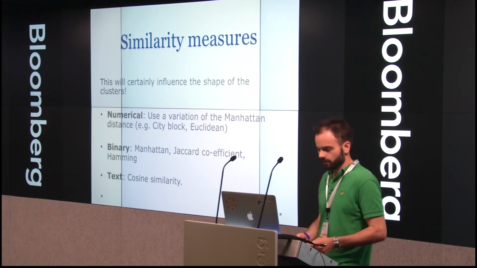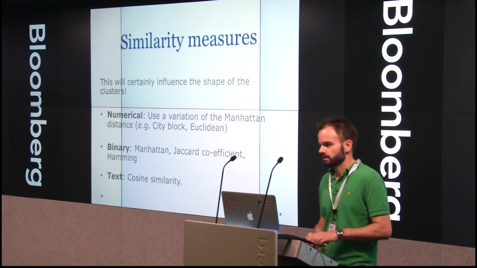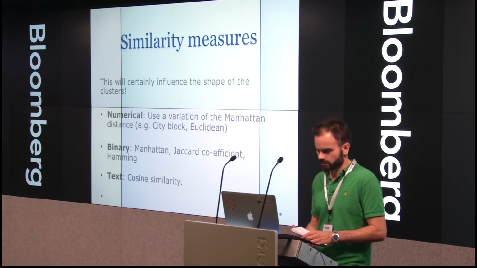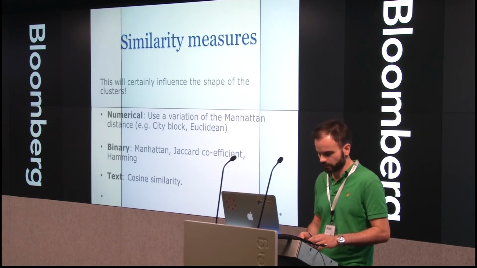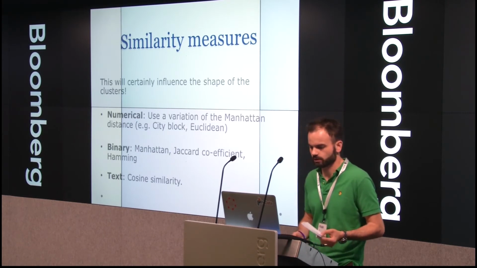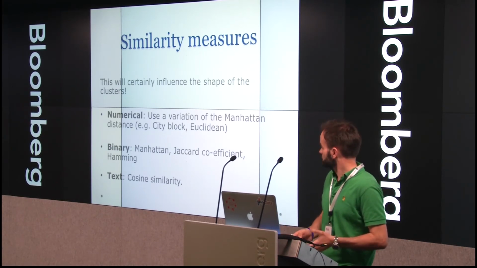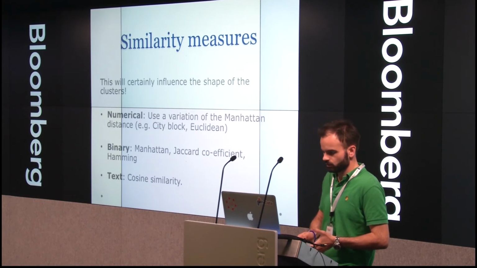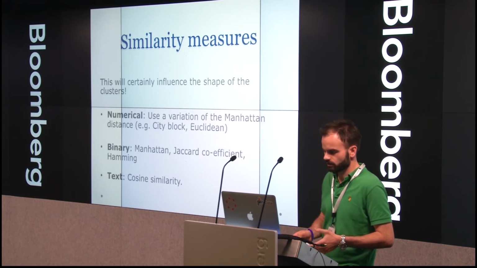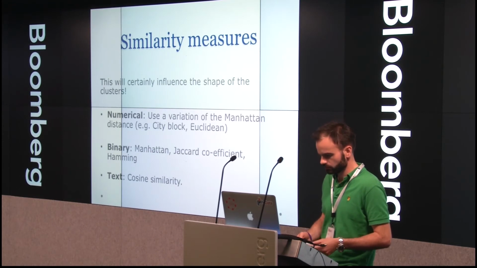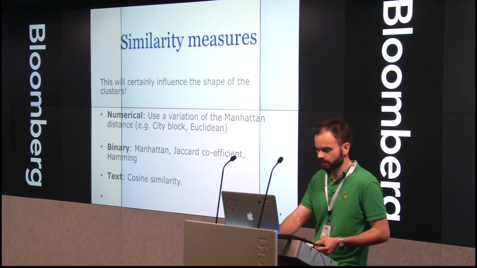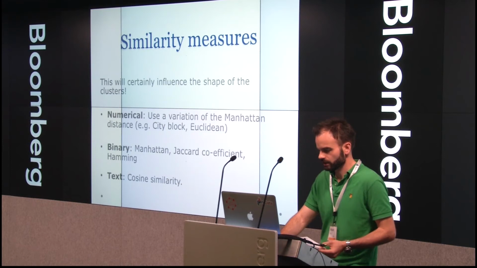So again, looking at your data set, you need to match a similarity measure to your task in hand. So if your data is purely numerical, you might want to start using Manhattan distance. So this is basically distance, a bit of Pythagoras there in 2 dimensions, distance as the crow flies. If your data is binary, you can apply the Jaccard coefficient. But for text, you should really use something like cosine similarity,